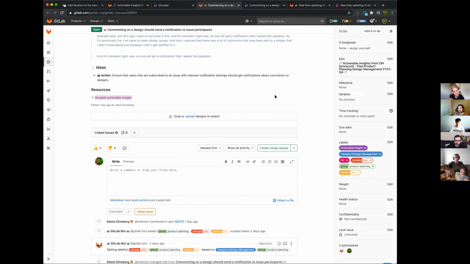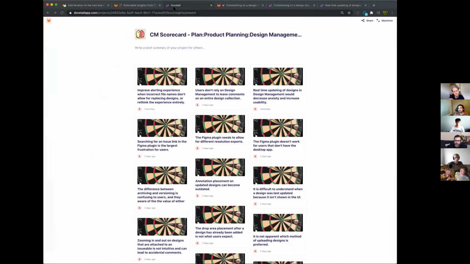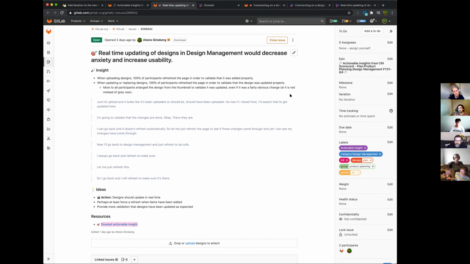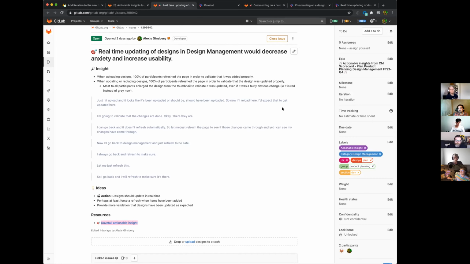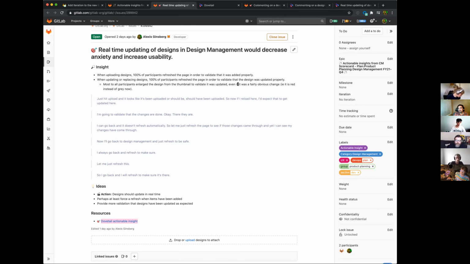One of the most relevant insights is that we need real-time updates in design management. Many users were clicking to upload or using the plugin. They're using every way to upload designs possible. But once they uploaded, they had to refresh the page to validate that the design did upload.